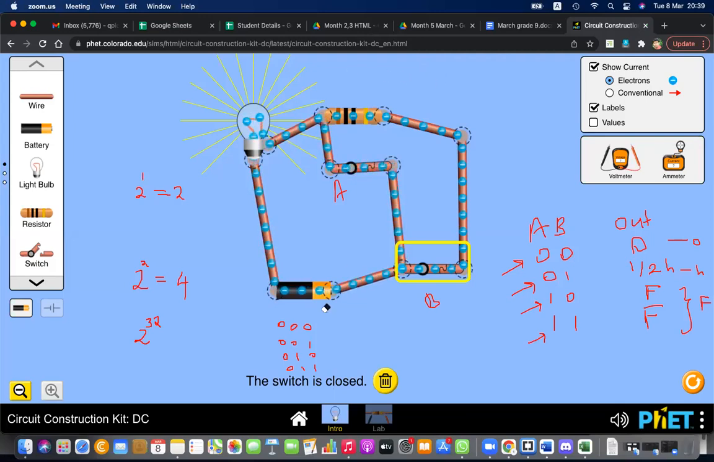If there are 32 bits, how many instructions come? 2 to the power 32. What is the amount? What is the value? 2 to the power 32 is equal to